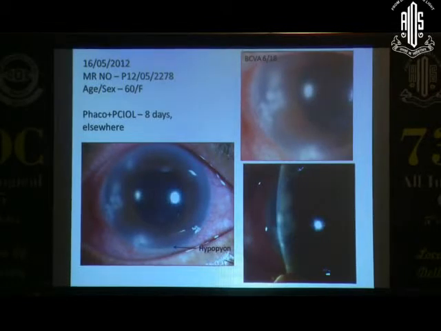Yeah, this was a patient referred to us, had undergone a phaco 8 days prior and presented with these lesions, which were pretty deep. And as you can see, it was a temporal phaco, so it was at the incision site and also at the side port incisions. These were deep infiltrates. Clinically, we thought it was fungal, the way they were fluffy kind of lesions.